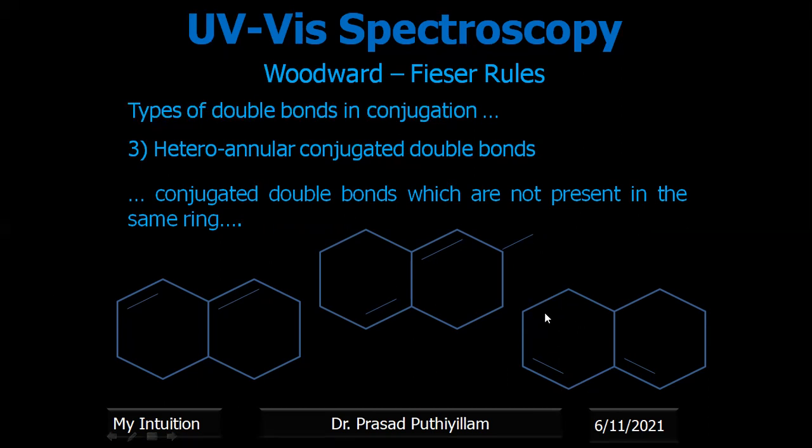Suppose a double bond is present at this position, where the arrowhead is pointing. If a double bond is present there, then it becomes homoannular. This ring will become homoannular because the conjugation is already present in the same ring. Therefore, it becomes homoannular, and this pi bond we call an extended pi bond. The double bond should not be there at the fused carbons where the fusion takes place, in the second cyclohexane ring which is fused. A double bond should not be at that fused position.